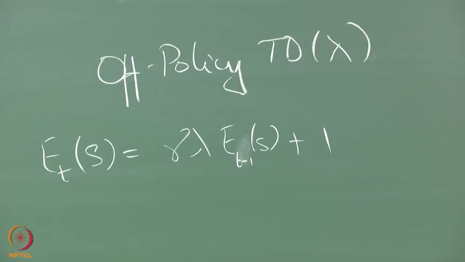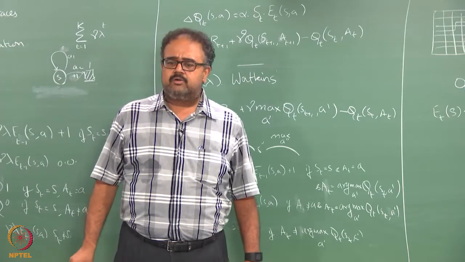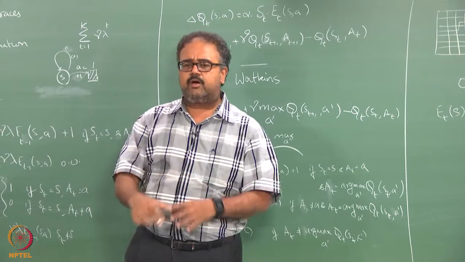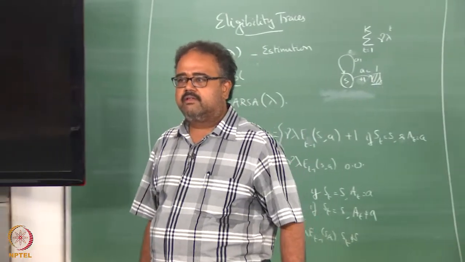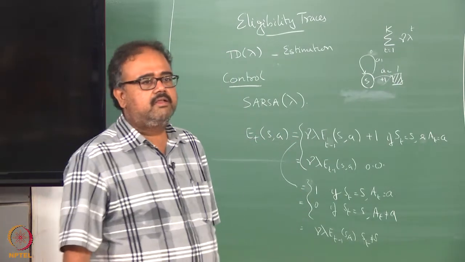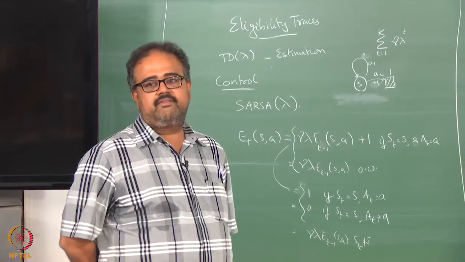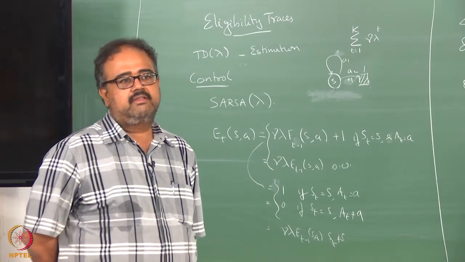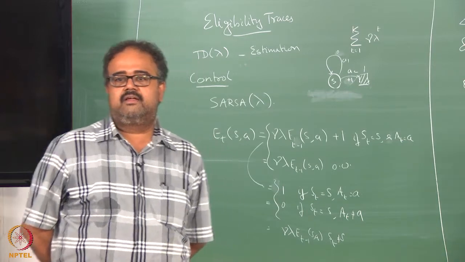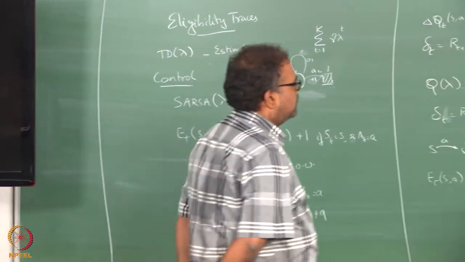The other one is gamma lambda E t minus 1. So I have to somehow figure out how I am going to insert my importance weight into this. How do you think I will insert my importance weight into this? Directly multiplied with the previous